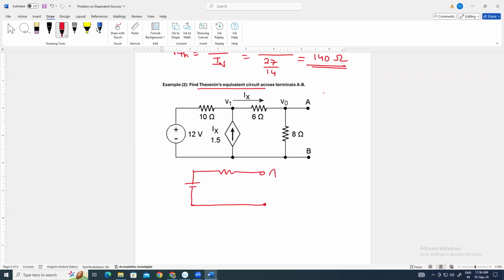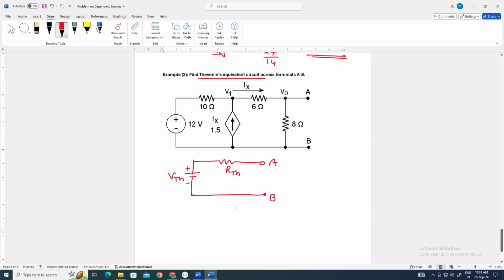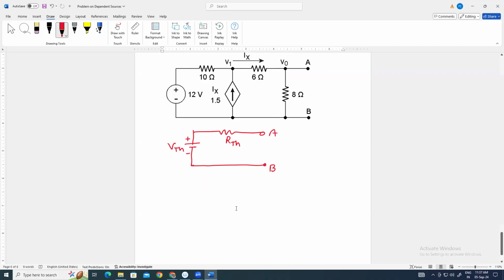So we have to find out VTH and RTH in between the AB terminals. This is RTH and this is VTH. So हमको VTH और RTH फाइंड आउट करना है थेवेनिन थ्योरम यूज करके। आप लोग भी ट्राई करिए।